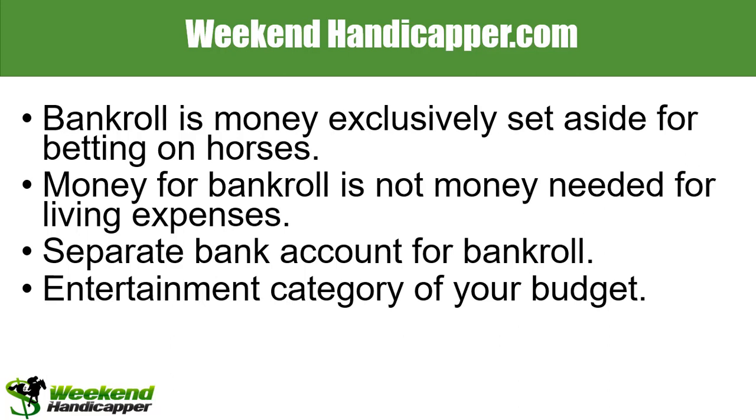Now, speaking of bankrolls, it is super important to have a bankroll that is exclusively for betting on horses. Set aside certain amounts of money just for betting on horses. This is very, very important. I can't stress this enough. Before we go much further in this presentation, we have to have clarity on this. The money that you use to bet on horses